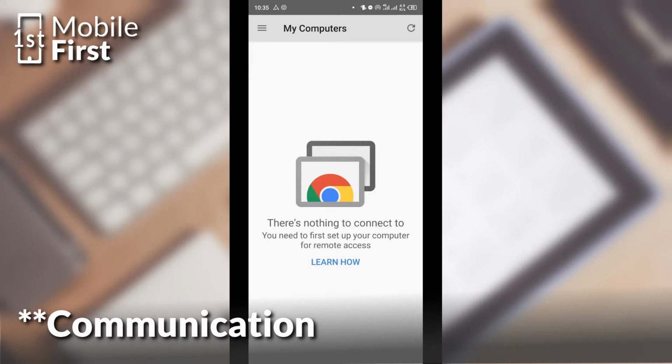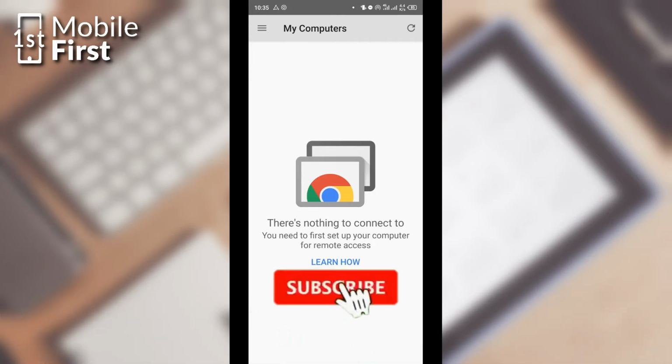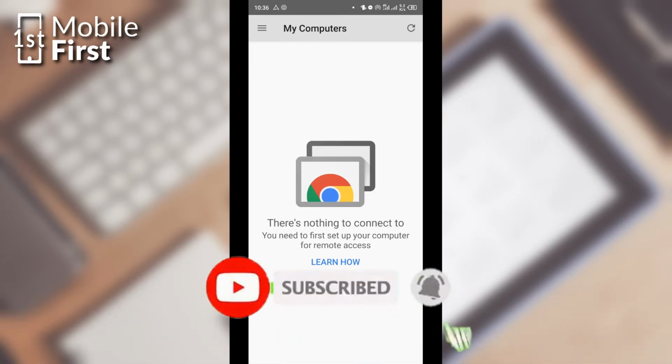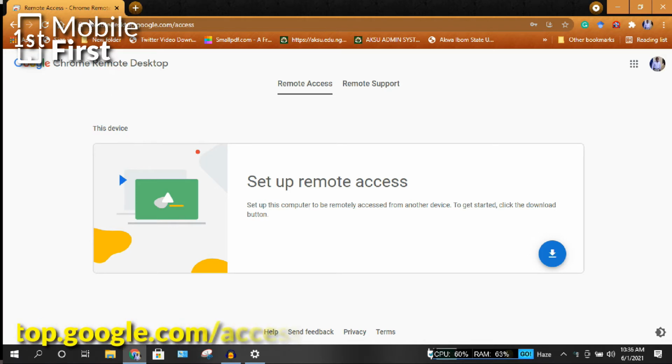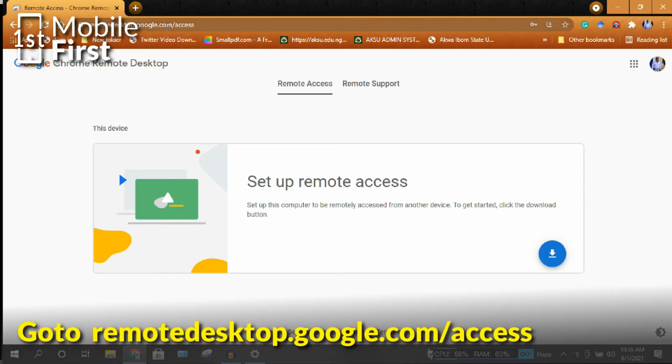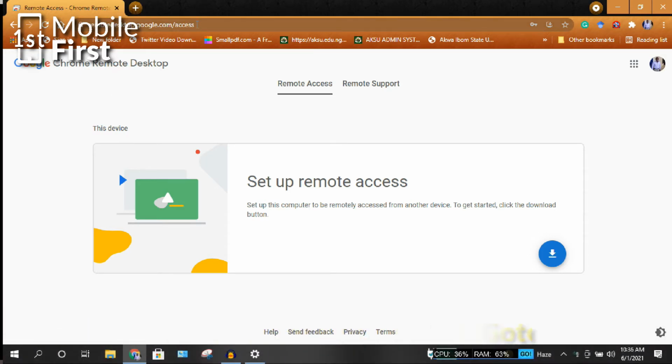For us to be able to do that, we have to move over to the PC and then carry out the installation of our Chrome Remote Desktop. So for us to install the Chrome Remote Desktop client, we have to visit remotedesktop.google.com/access. Once you visit this URL, it takes you to the page where you can download and install your Chrome